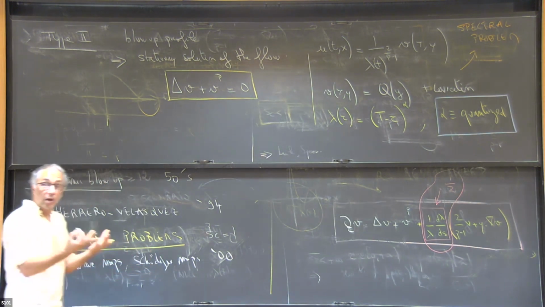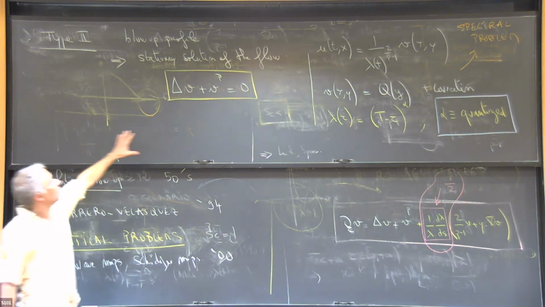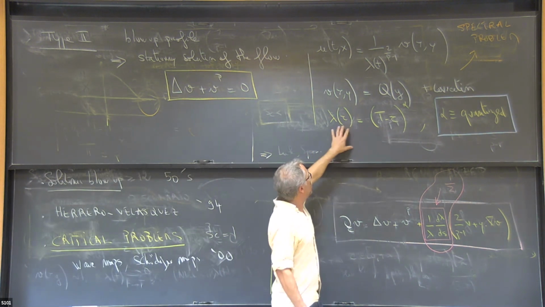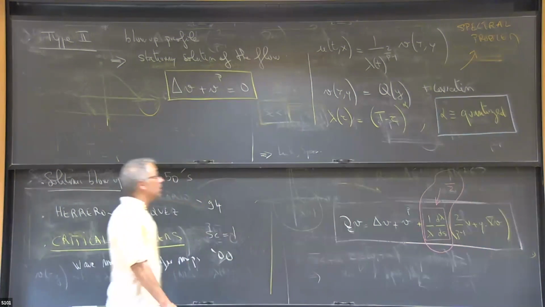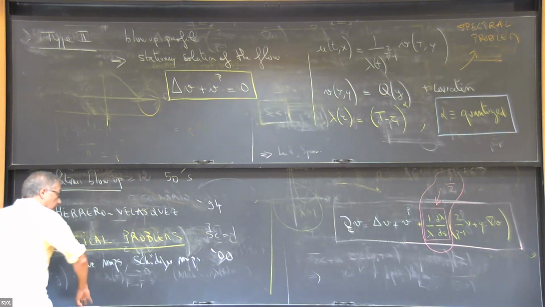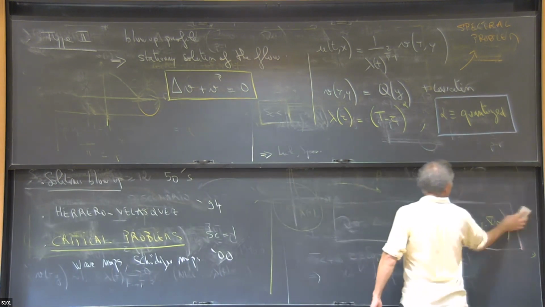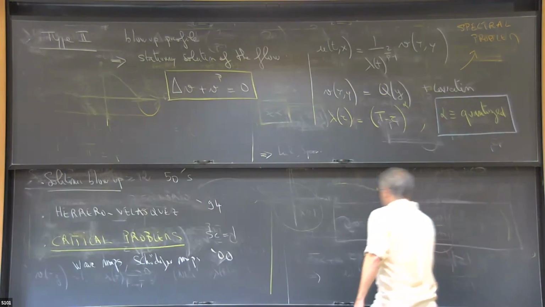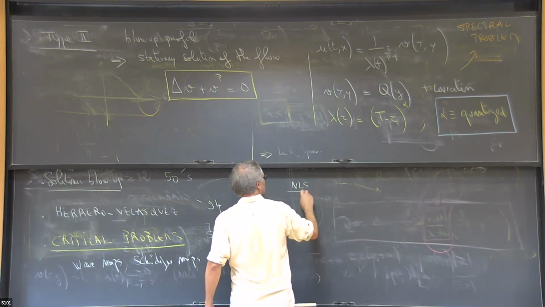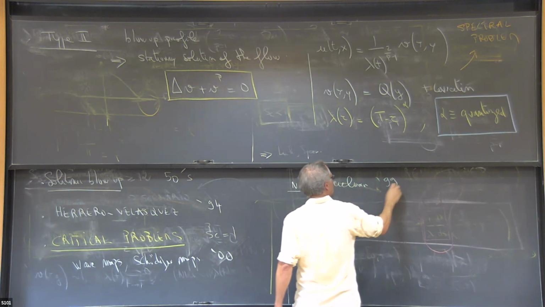This does not work for critical problems. You need something else. This something else corresponds to this kind of type 2 bubble, for which you need to learn how to control and how to compute the blow-up speed. And this kind of idea really has been implemented in many different settings. In particular, for NLS, there is this beautiful work by Pierre Raphaël in 1999,